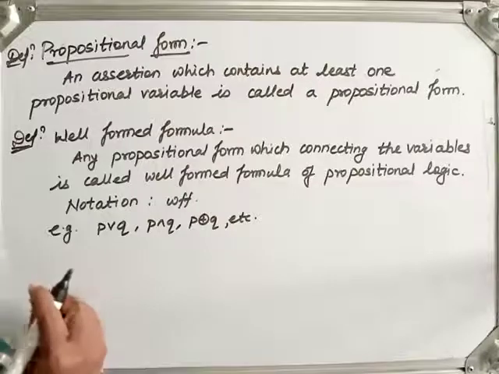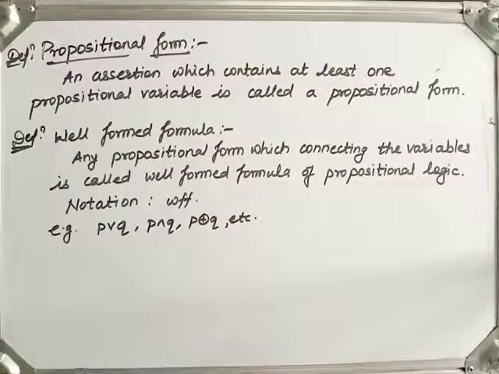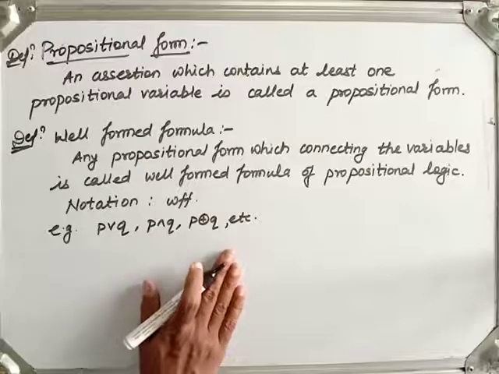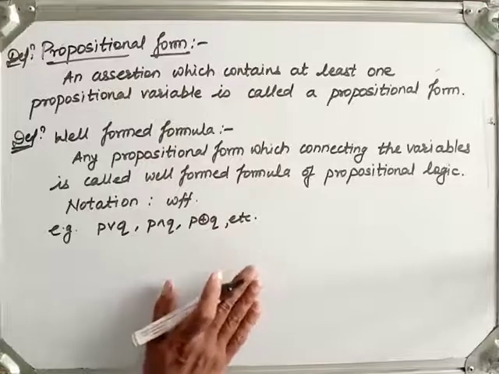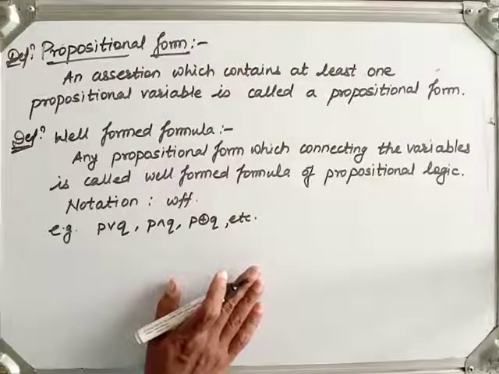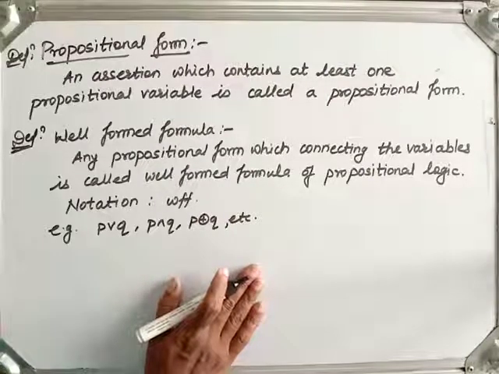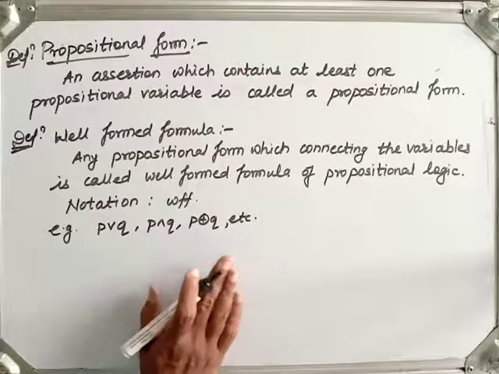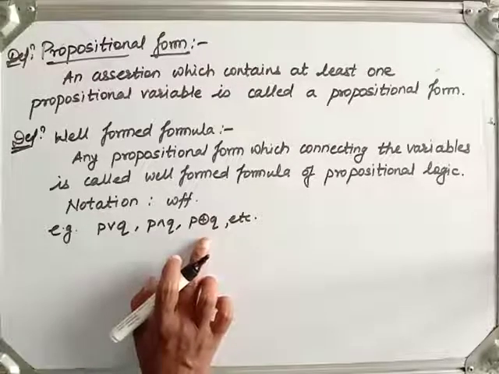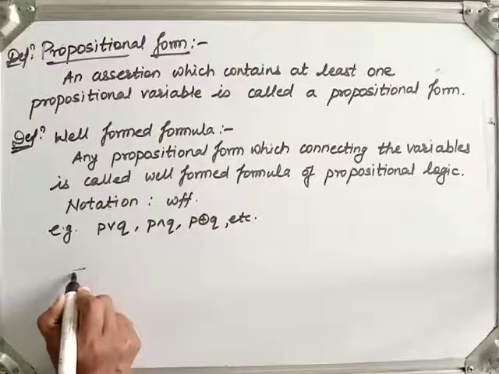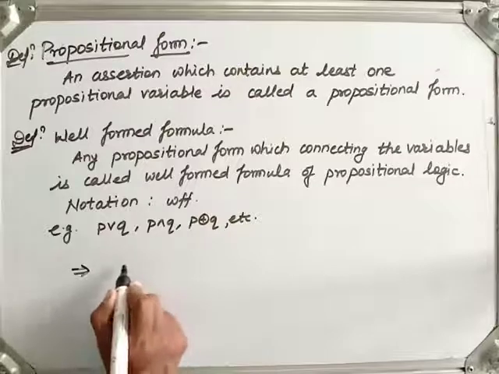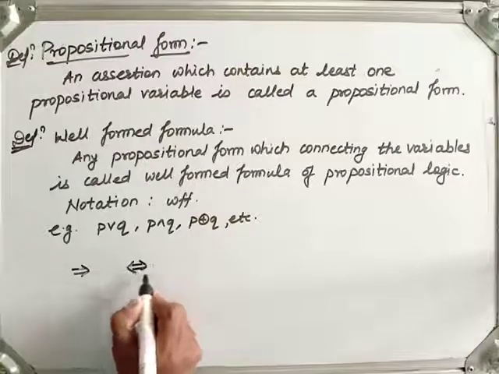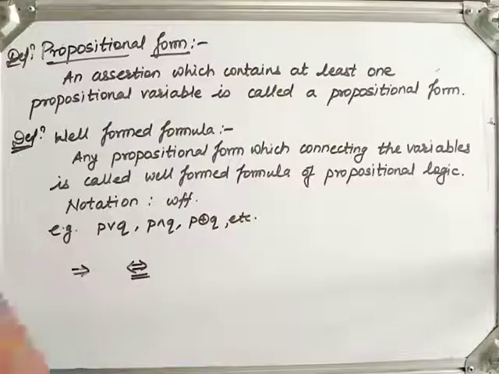One more thing about inclusive OR and exclusive OR: whenever the questions are about transforming an English sentence to logical form and logical form to English, be careful about inclusive OR and exclusive OR. Apart from these logical connectives, there are two more logical connectives, that are implication and equivalence. Equivalence is also known as double implication. So now let us go towards them.